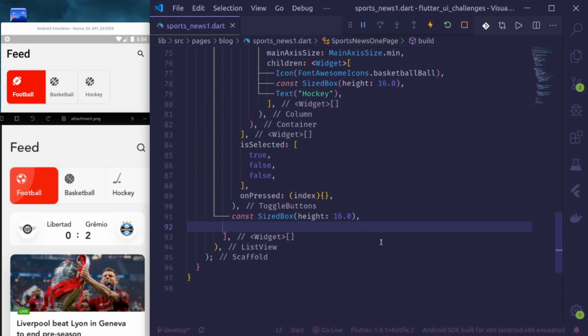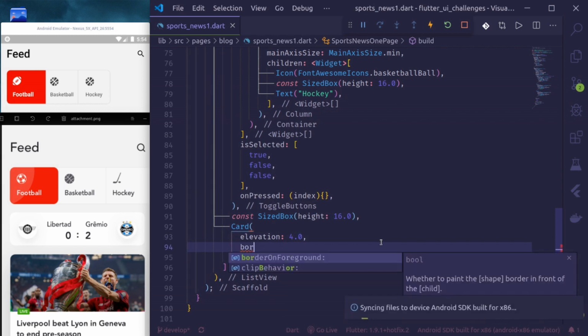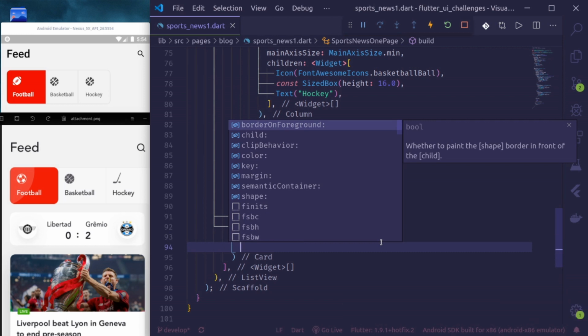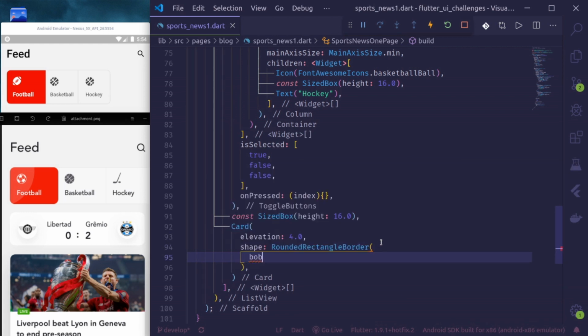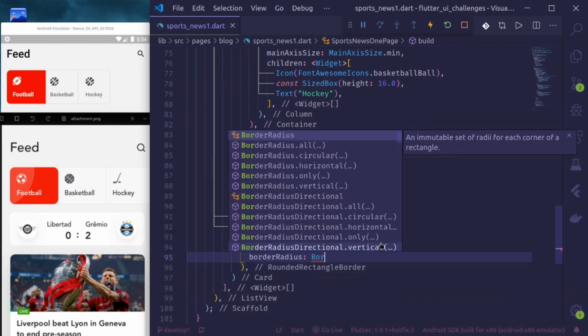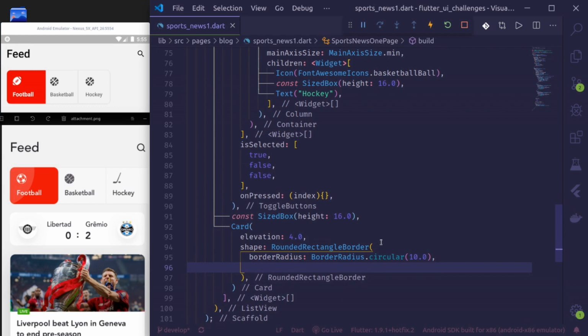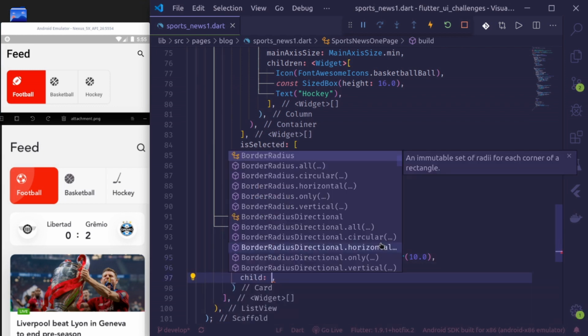Okay, and let's use a card. Let's give it an elevation of 4 points and border radius. What was the border radius? Shape. Rounded rectangle border. Border radius dot circular 10.0. So we have a border radius. Then in the child we want a row